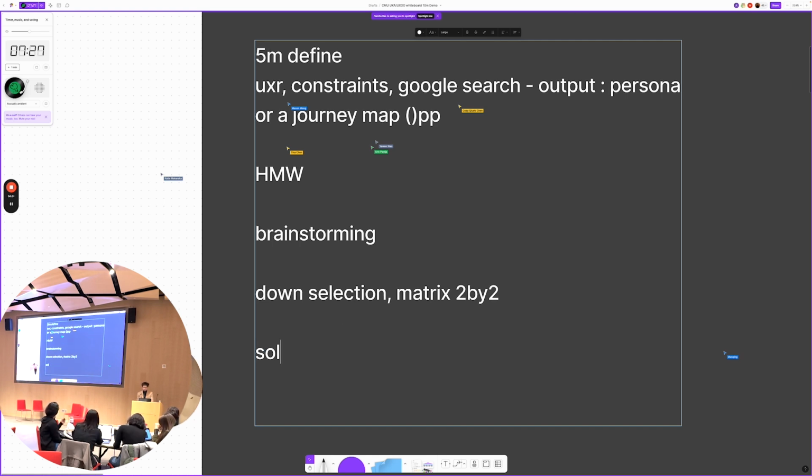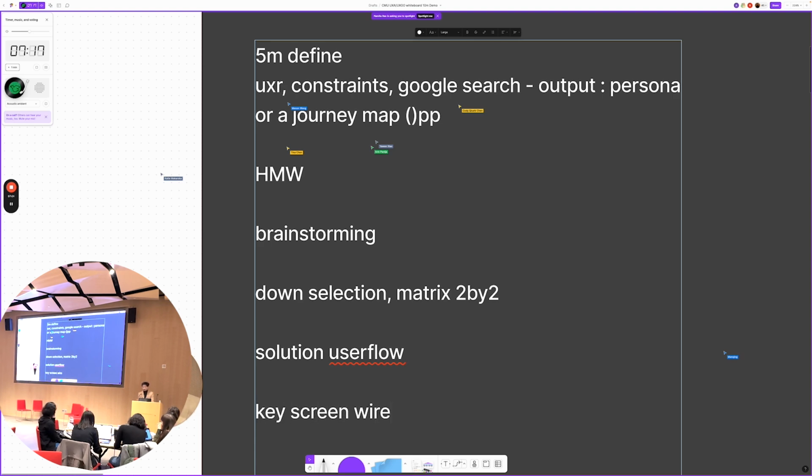So the one solution should become a user flow first. And then from that user flow, you should do a key screen wire, which can look like absolute crap. How good the wireframe looks never reflects if you get an offer or not. But if you're trying to show a complex interface, like an AR thing or a VR thing, you should sketch something out. Honestly, that's the output you need to do. Here I recommend 3 screens.